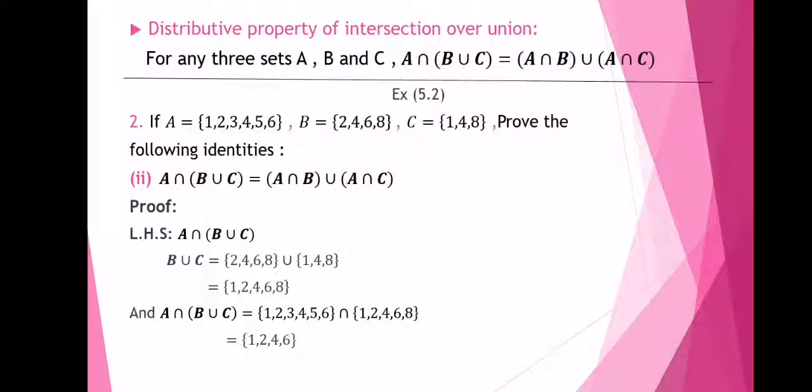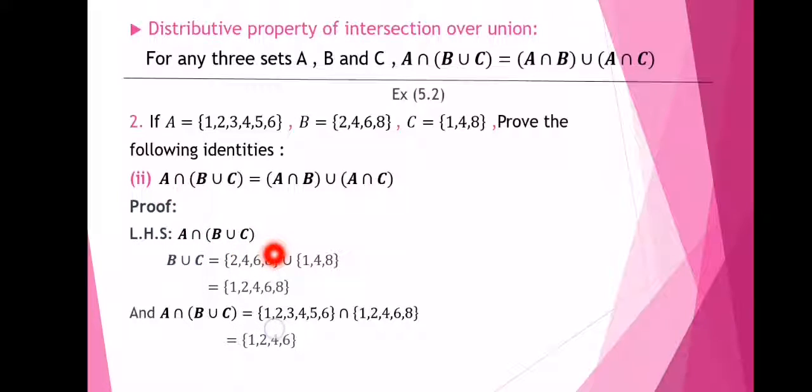Distributive property of intersection over union. Since the sum is related to it, we are going to verify this respective property for the given sets. If A is equal to {1, 2, 3, 4, 5, 6}, B is equal to {2, 4, 6, 8} and C is equal to {1, 4, 8}, then prove the following identity: A intersection (B union C) is equal to (A intersection B) union (A intersection C), that is, intersection is to be distributed over B union C. First we are going to do it for the left hand side, that is A intersection (B union C),